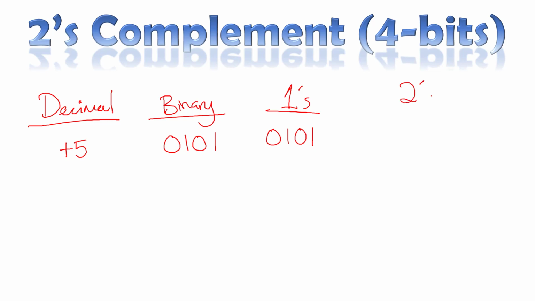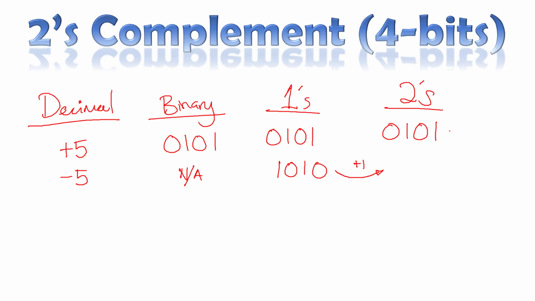In the two's complement, the positive number also does not have any difference and therefore it is also represented by 0101. Now let's find the negative 5. In the binary system, remember there is no negative number representation, so therefore this is not available. In the two's complement, you take the inverse of this one's complement and you plus a 1. So in other words, you have to inverse your positive number and then you plus a 1. In the two's complement, this will be represented by